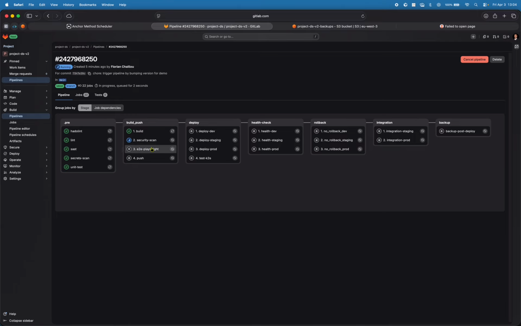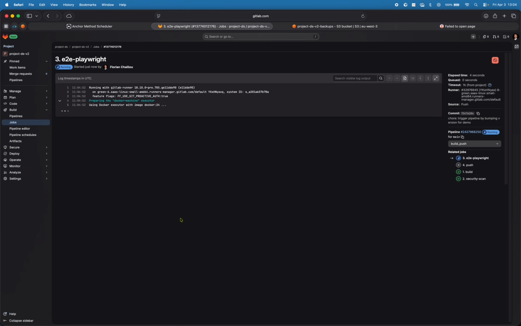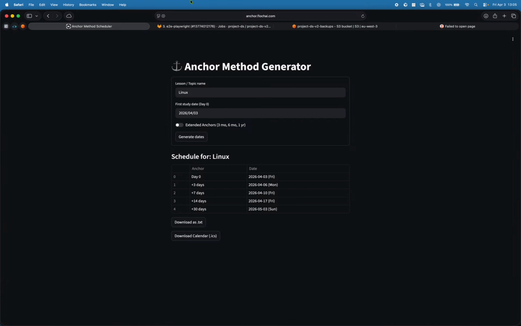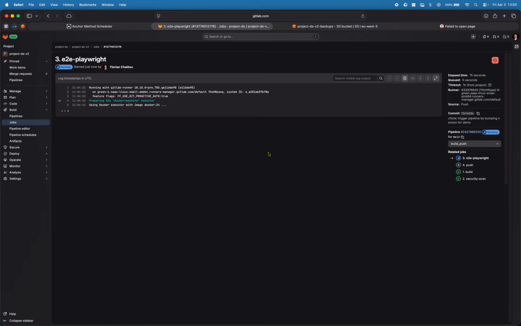So this is something I discovered thanks to some devs at my company. Playwright can be used to load the application into a browser and do automatic tests on a browser. So this is good to test the UI. In our case, because we have a very, very simple application and we want to make sure that all the UI elements are present, we have a Playwright test that will test different elements of the UI, like the correct tab, anchor method scheduler, the correct title, and